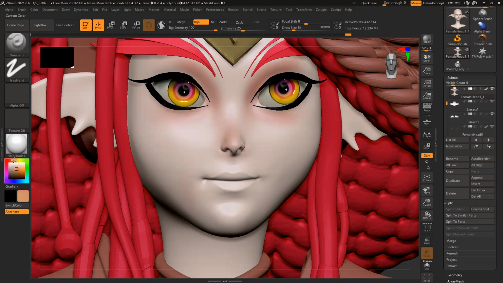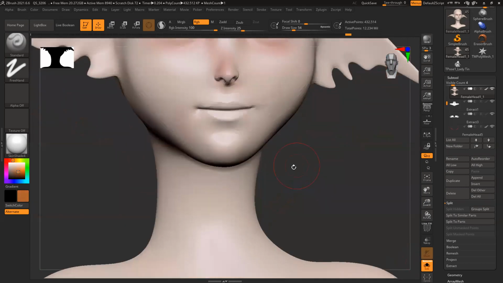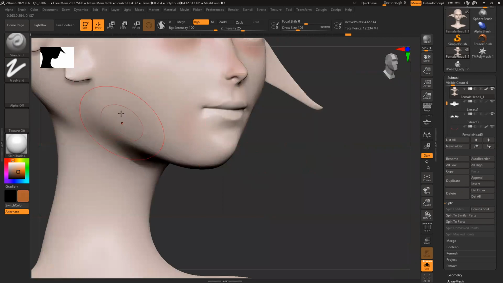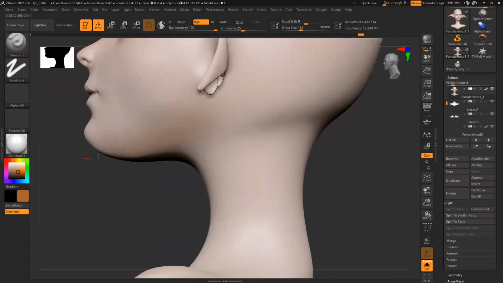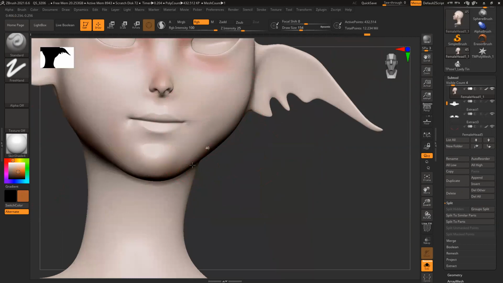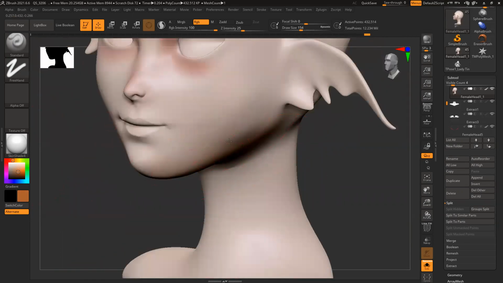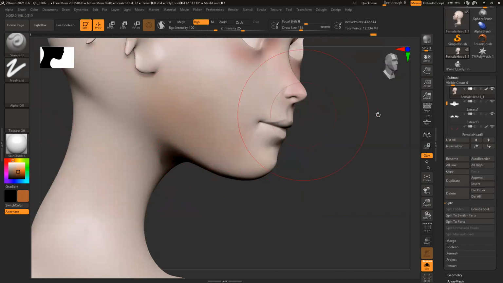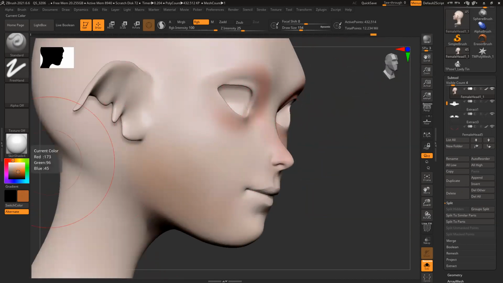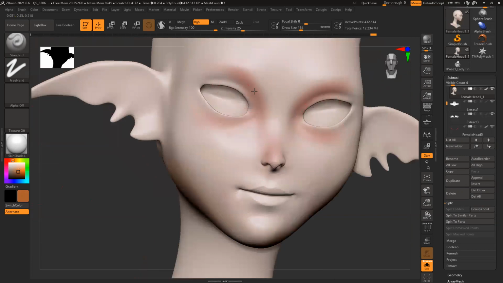And cheeks are slightly warm, more towards red. This character we are not doing any retopo, sir. This is only high poly, only high poly. Slightly warm.